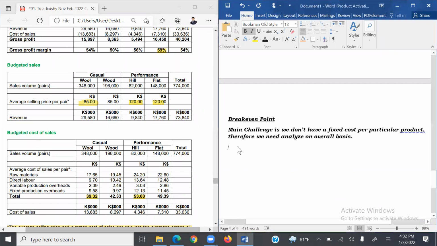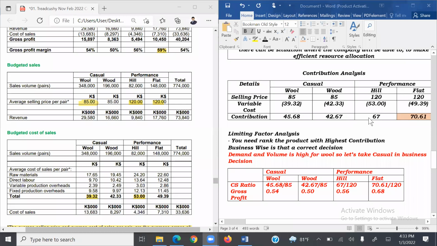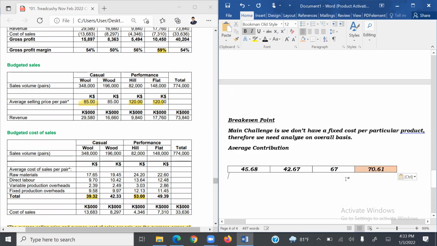So students, let's calculate the average contribution. It's very simple. How many ranges we have? 4 ranges we have: Casual, Wood, Hill, and Performance. So we do have 4 ranges. And what we need to specifically do, students, is take the total of all these and divide it by 4. We need to take the total of all these. That is